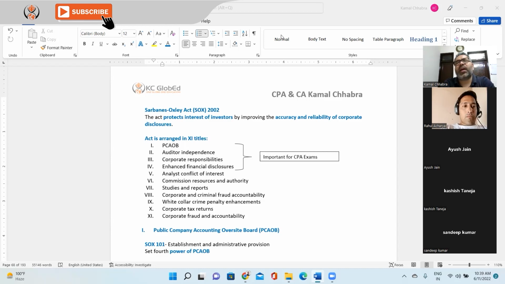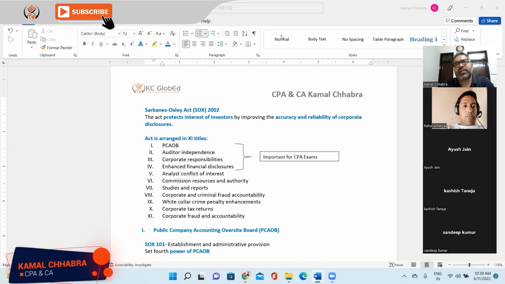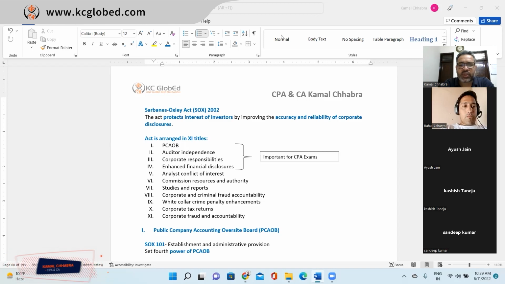In the same way that management is responsible for the fair presentation and preparation of the financial statements, ensuring the design and operating effectiveness of the internal control, at the same time they also have the responsibility to ensure compliance, or controls in place to prevent and detect fraud. These all come in Title 11. For your examination purpose, Title 1 to 4 is important. So we'll be covering Title 1 to 4 in detail, right?